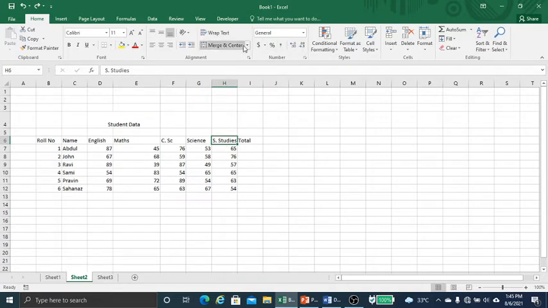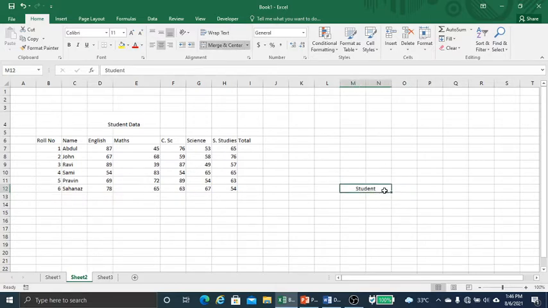And merge and center. Suppose I have written here student data in one cell and the next cell has data, but these are two different cells, so I can merge. I select the cells and use merge and center.